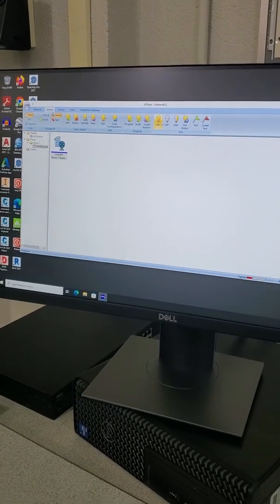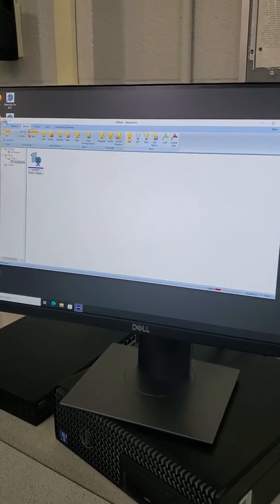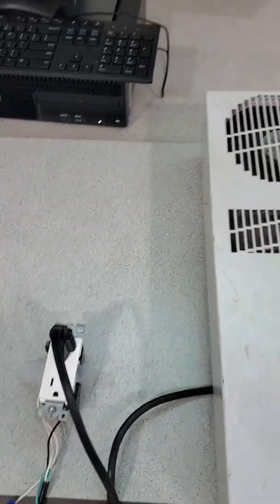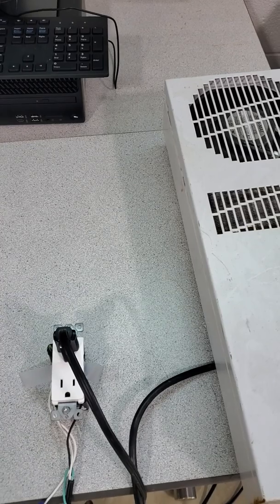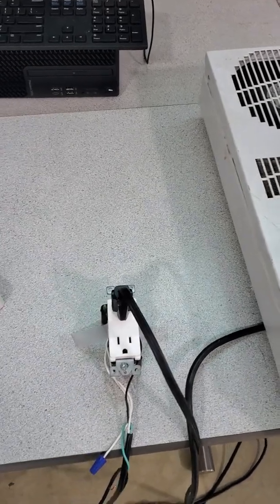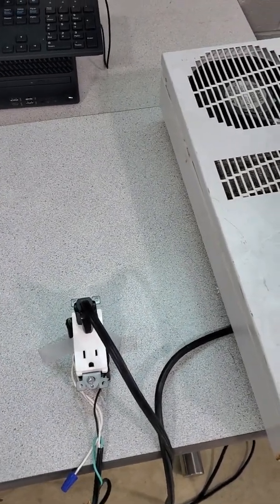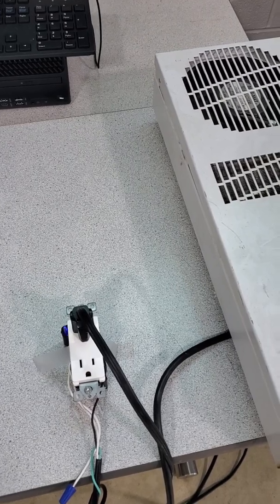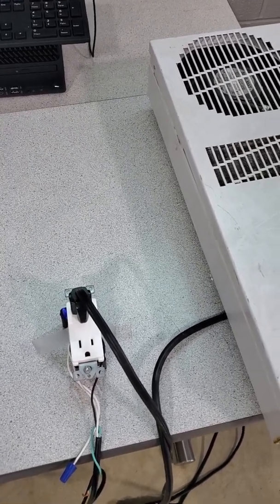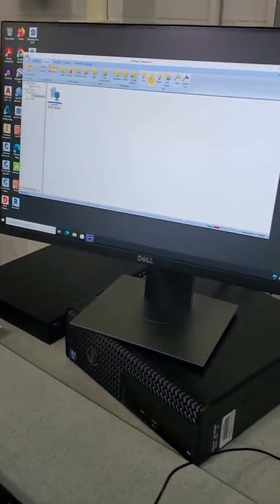So now, if you click on it, we can then turn it off from the software. All right, so that is